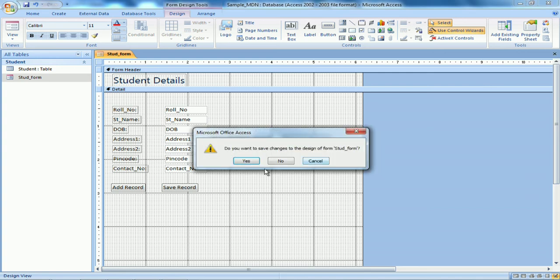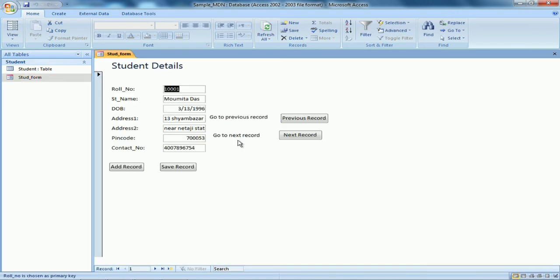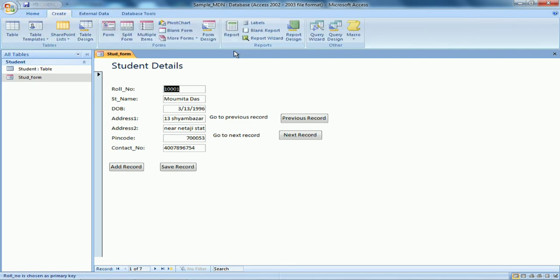Let me make some alignment. Yes. So this is the message which is coming beside the button. It actually prompts the user what work is being done here. So these are labels, or you can say a caption sort of thing, nothing more than that. So these are the basic things of a form which I have shown to you.